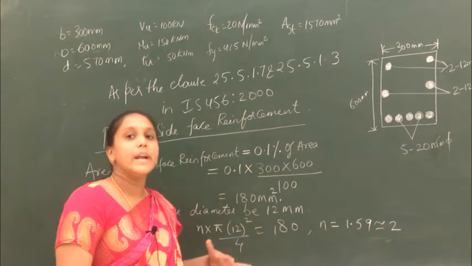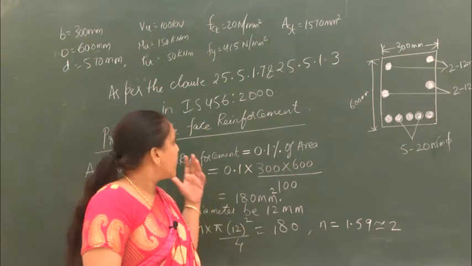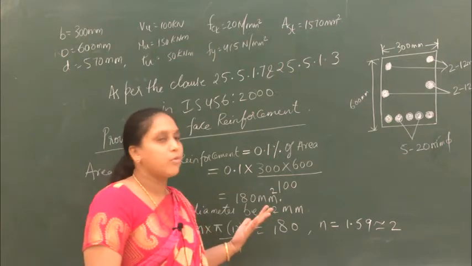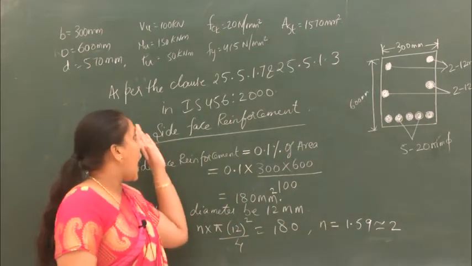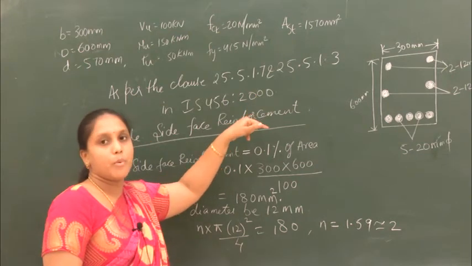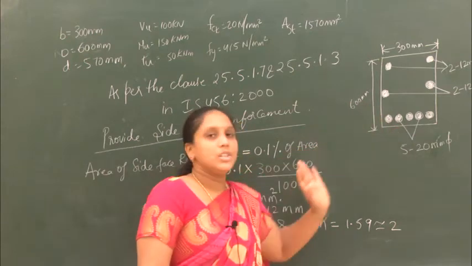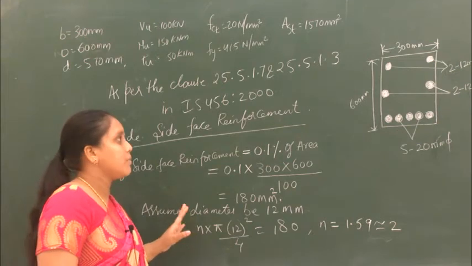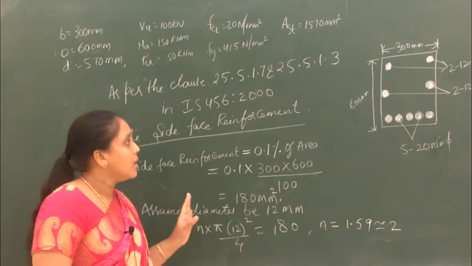This is the additional reinforcement I am providing because the depth is more than 450 mm. As the depth is more than 450 mm, this is the additional reinforcement I have to provide as per clauses 25.5.1.7 and 25.5.1.3 in IS 456 2000. So I have provided the additional side face reinforcement, two bars of 12 mm diameter,